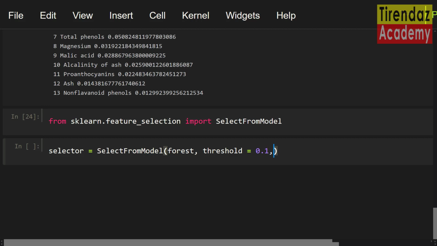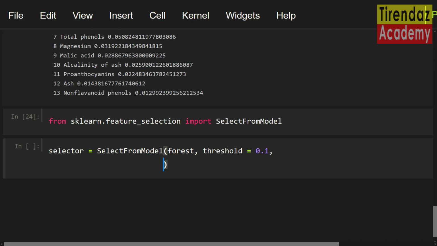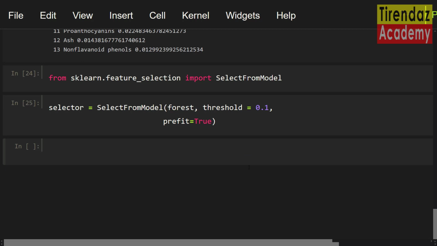Let's use the prefit=True parameter because we trained the forest model before. Using the training data, let's select the features. X_selected equals selector.transform(X_train). Wonderful.